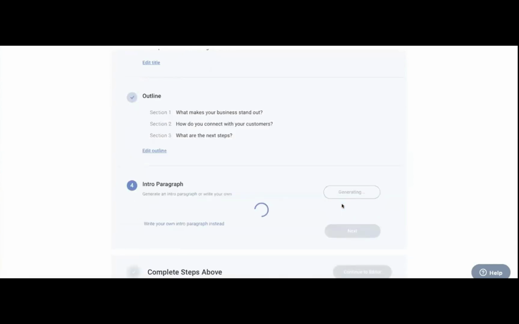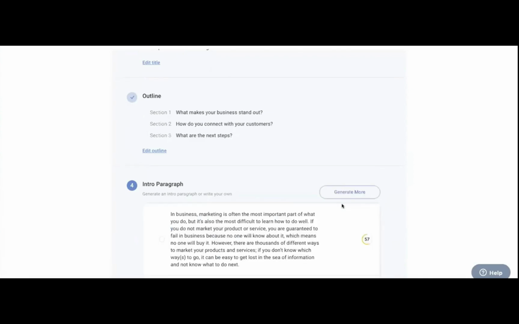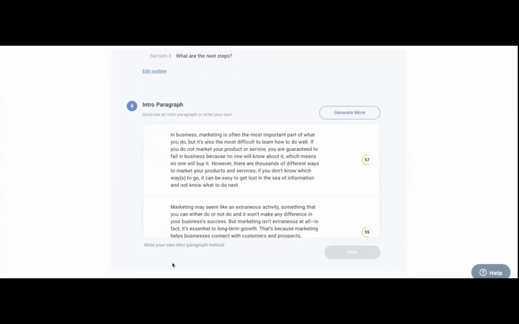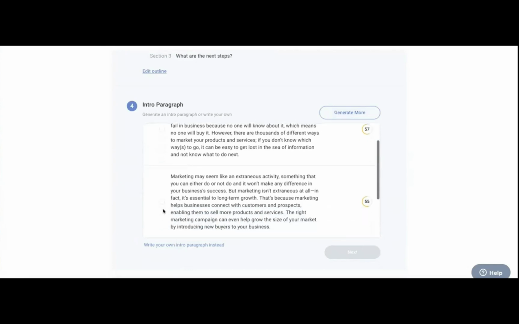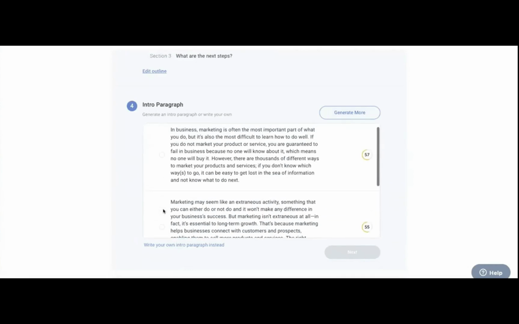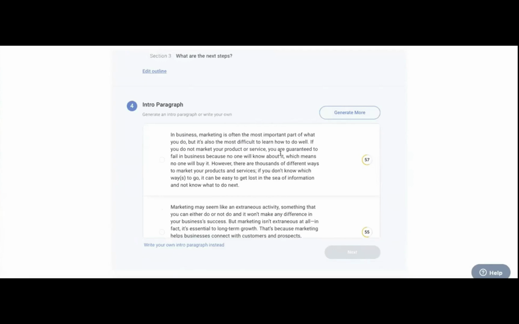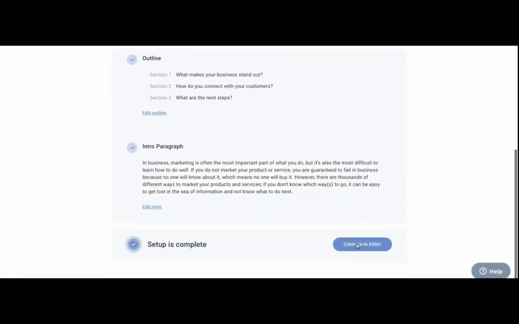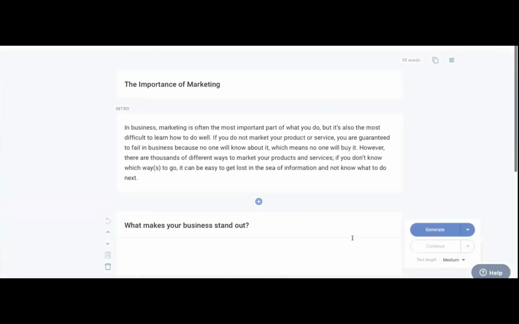It's going to go into the intro paragraph, a very important phase of the blog post. It's going to give us 3 different intro paragraphs to choose from. If you don't like any of them, you can always generate more or write your own. So here we have the 3 intro paragraphs it gave us to choose from. And again, always read over it. Tweak it if you'd like, make any edits that you like, and play around with it. So we'll choose that one and go on to the last step. So just